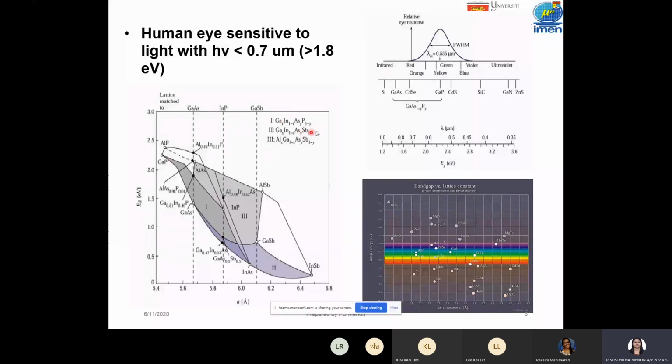We call it the molarity of the materials. We tailor the molarity and get the corresponding photon energy, and by getting the corresponding photon energy, you can get the corresponding wavelength. Okay, this is another figure which shows the band gap energy, the photon energy, and also the lattice constant. These are the common materials used for visible light. Okay,